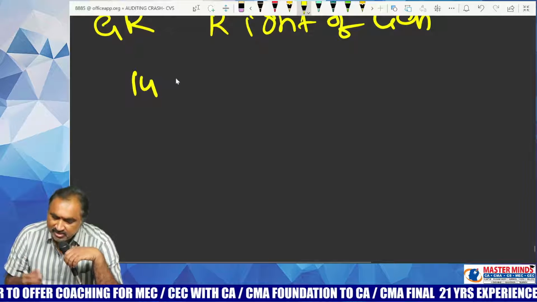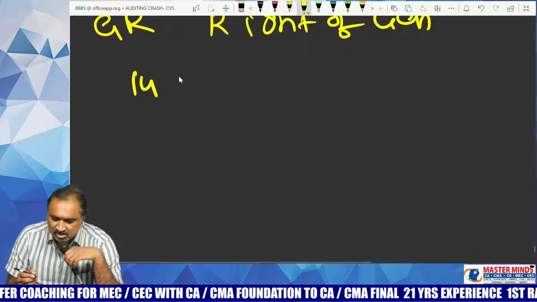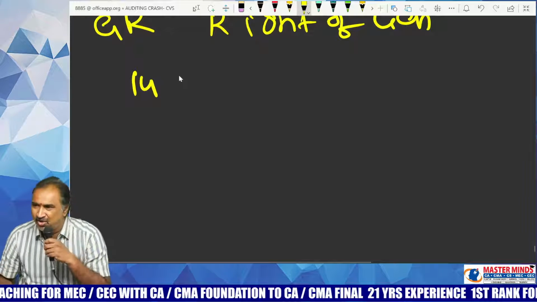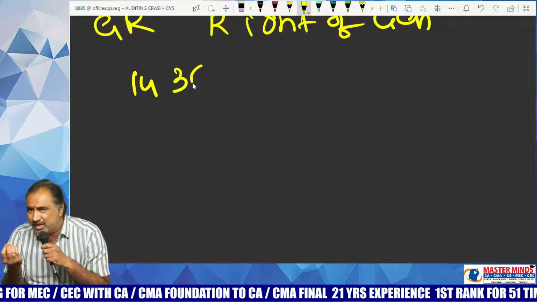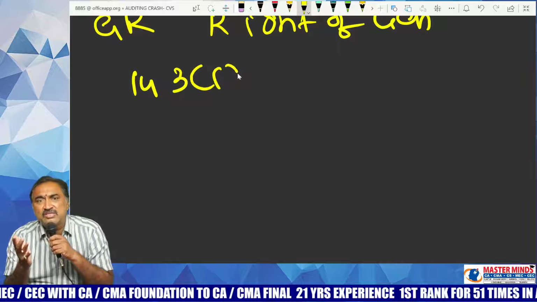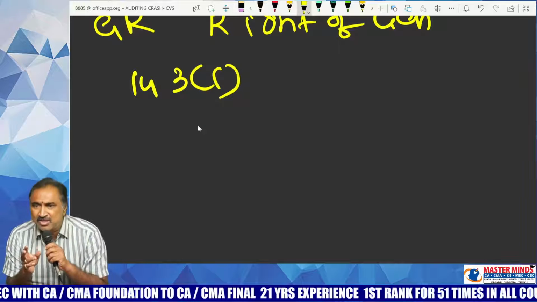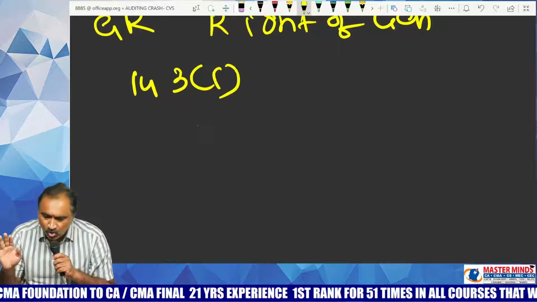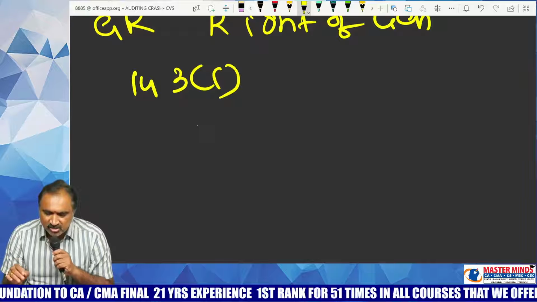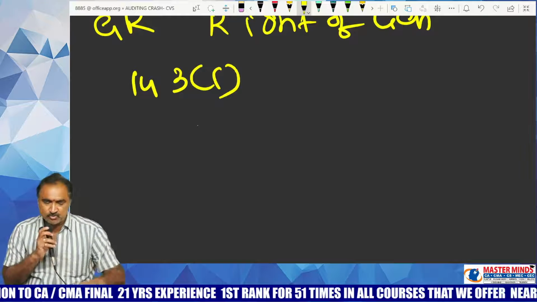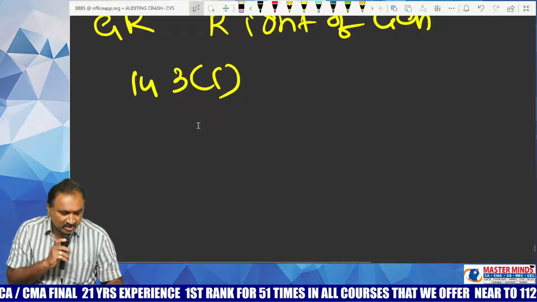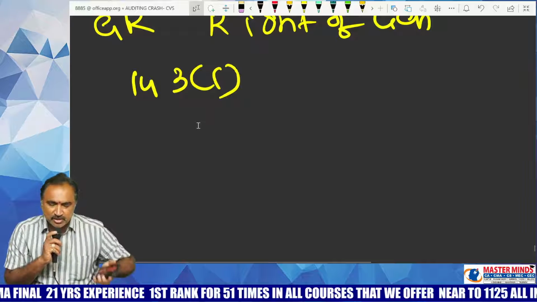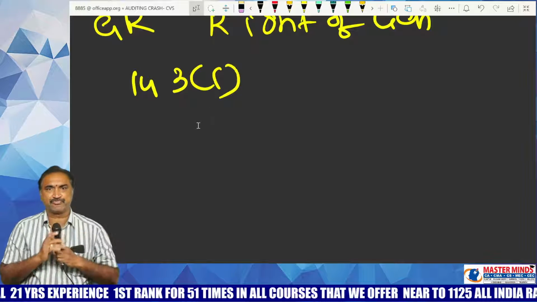I said to you earlier that 143 subsection 1 is a unique section in the sense that it contains both the rights of the auditor as well as the duties of the auditor. The same section contains both. I want to conclude today's session with one question. Please provide me the correct answer so that we can continue our discussion in tomorrow's session.